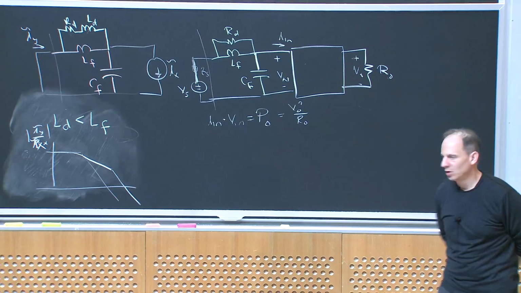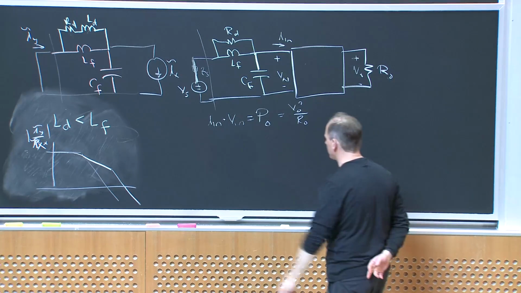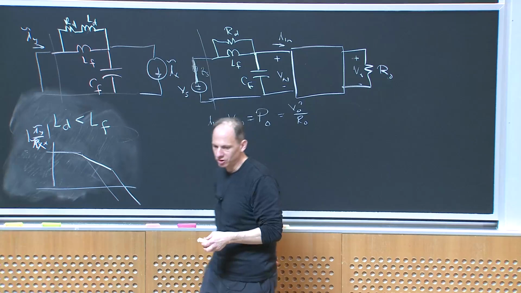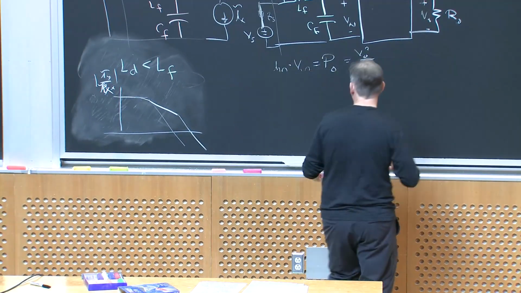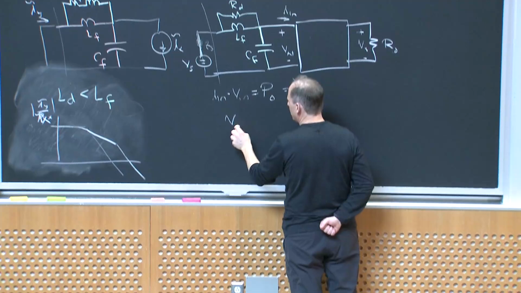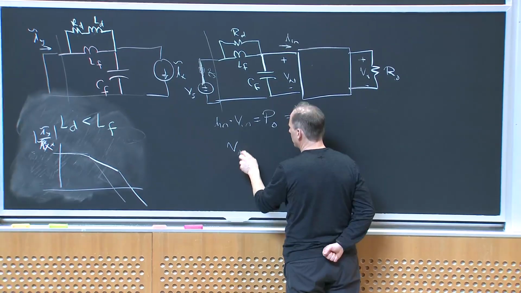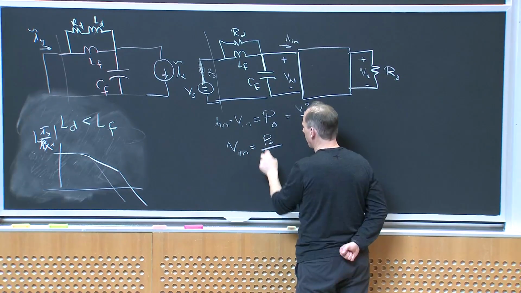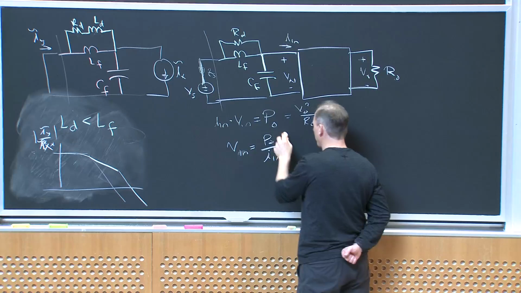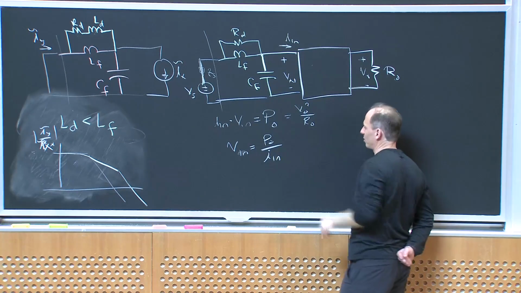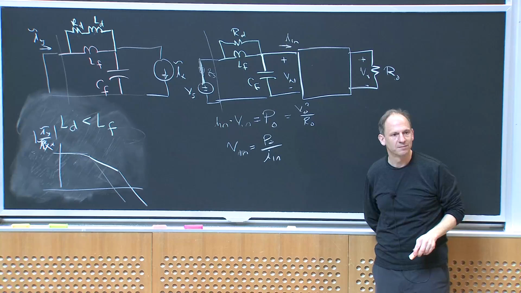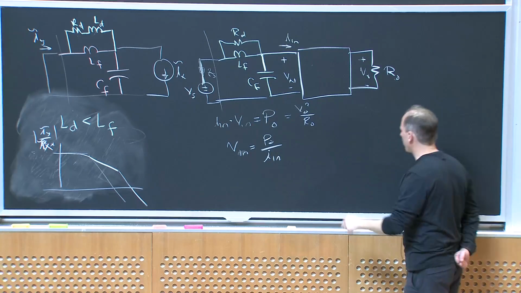Or I could write this, in terms of voltage, as VN is equal to P out over IN. And I might consider that as some operating point at which I'm setting Vn and In. Okay? So if I were to plot that,